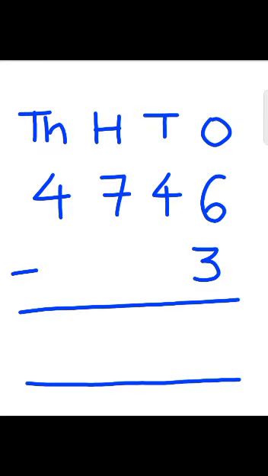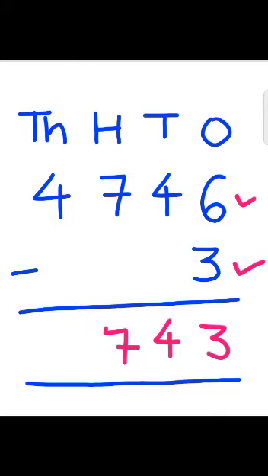Here we will learn subtracting 1-digit, 2-digit, 3-digit number or a 4-digit number from a 4-digit number without regrouping. Now children, we will subtract 1-digit number from 4-digit number. I have written 4-digit number in this row and I have written 1-digit number in this row. I have arranged them in column method according to the place value. We will start from the ones place. So 6 minus 3 will give you 3. No number is given below 4, so 4 as it is, 7 as it is, and 4 as it is. So the difference is 4743.